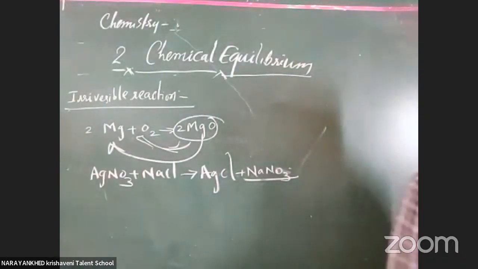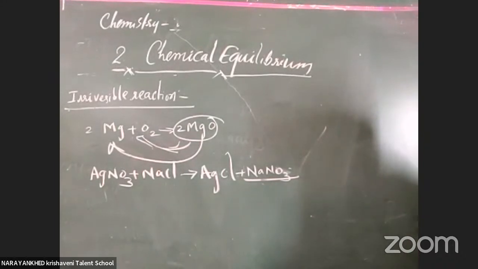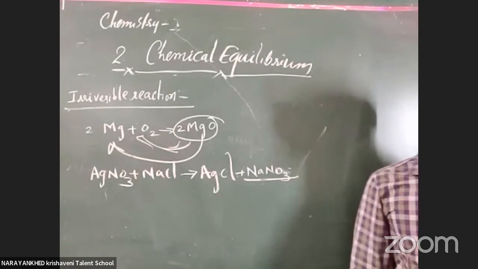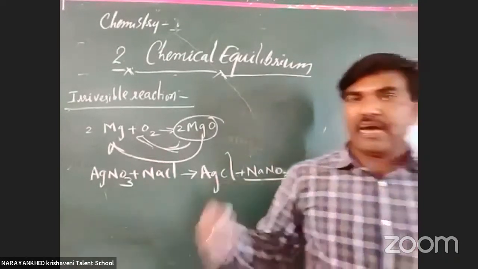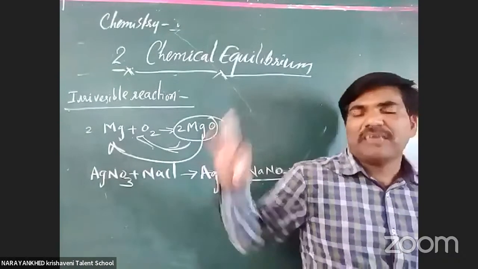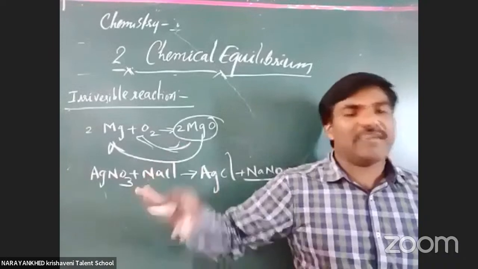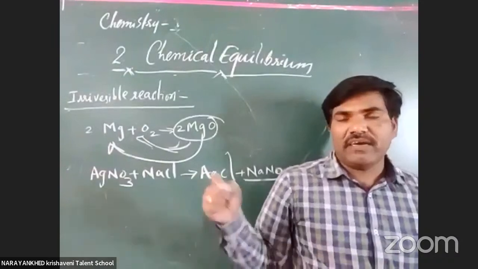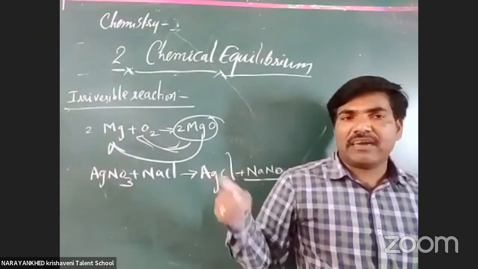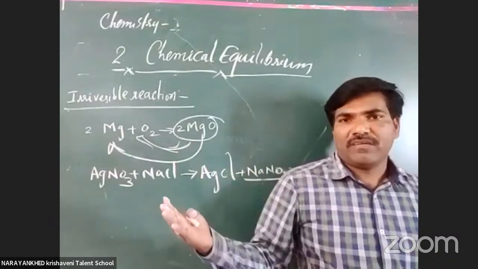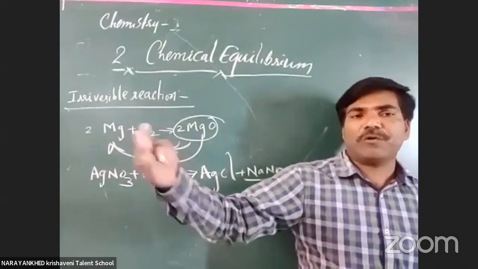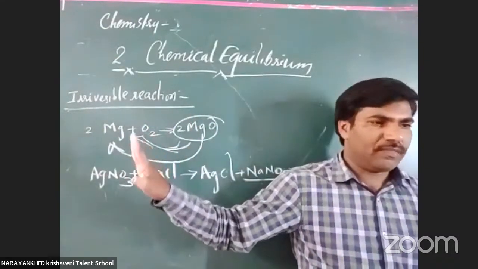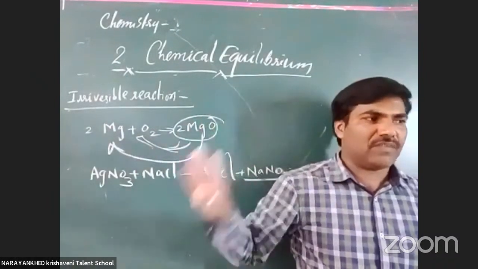Some reactions are possible in which all reversible reactions can be carried to completion. They proceed in one direction. They are unidirectional. Any reaction that occurs as irreversible is complete. Nothing remains after the formation of products. Got it or not? Once a reaction occurs, it will not occur again and again. Once the reactants give products, the reaction is completed. That type of nature is the characteristic of irreversible reactions.